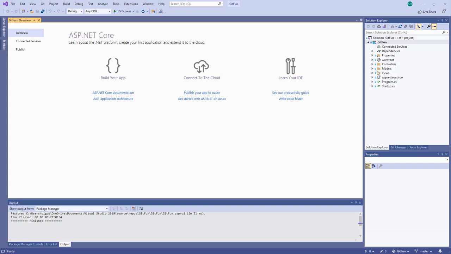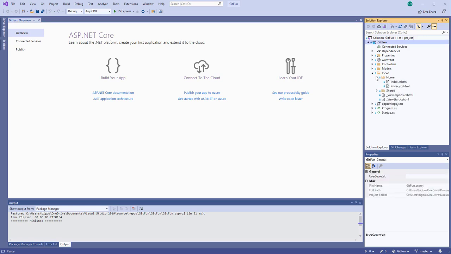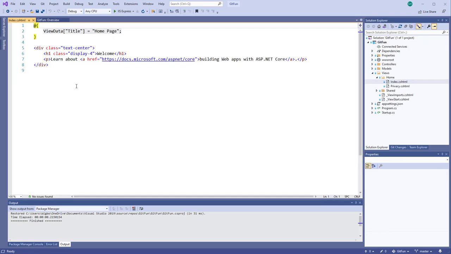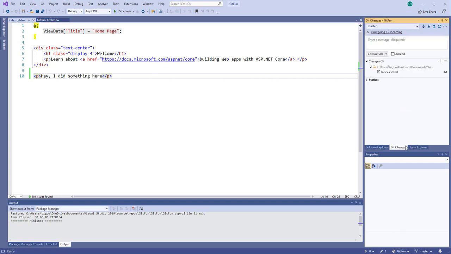So I've worked with it on my local machine, and it's pushed up, I can see it's connected to Git Fun, and I can go in and make a change. I'll come into the index and just say, in a paragraph, hey, I did something here. I've made a change, I save that. You'll see now that it shows there was a change made. You can see that little edit with the pencil, and you'll notice there's a Git Changes tab. If I click on this, it'll take us to our Git Changes tab, and it says,